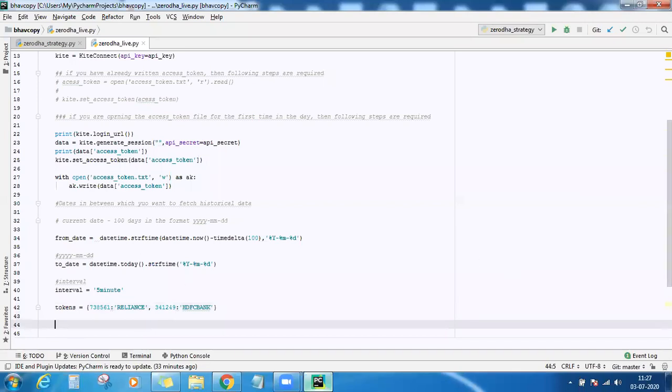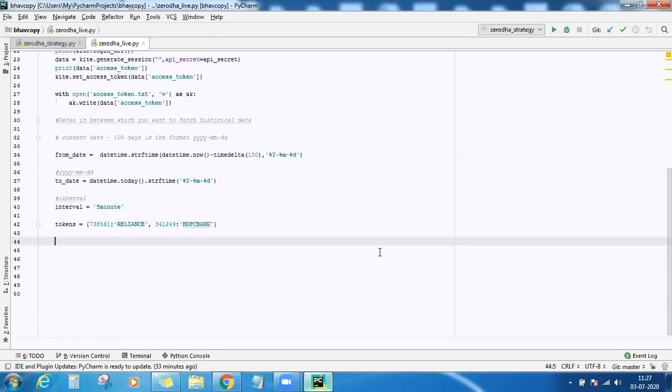Now I want to run a continuous loop. The reason for running a continuous loop is that every time I cannot come and press this run button. So I want this program to run continuously, and whenever the condition gets satisfied, the order needs to be placed automatically.